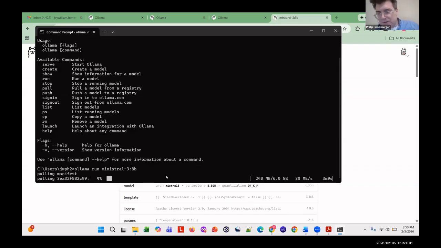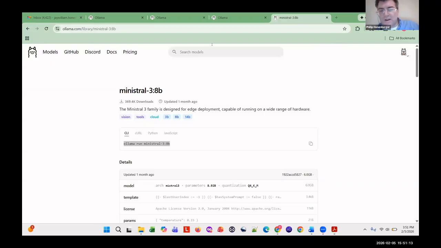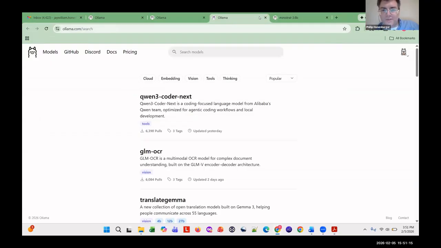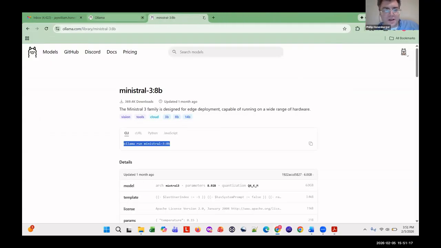I don't know if I want to wait for this. It's going to slow us down, but it's going to download the model and then we can work with it. It's going to take about 2 minutes. I don't think I'm going to wait for that. I'm just going to stop that process. That's okay. So once you have that on your machine, once that's done,